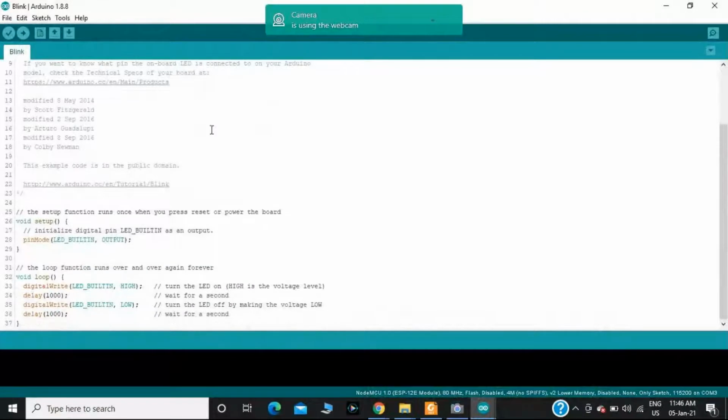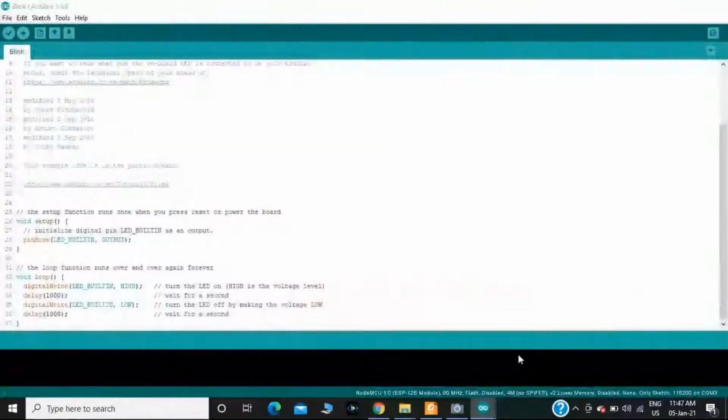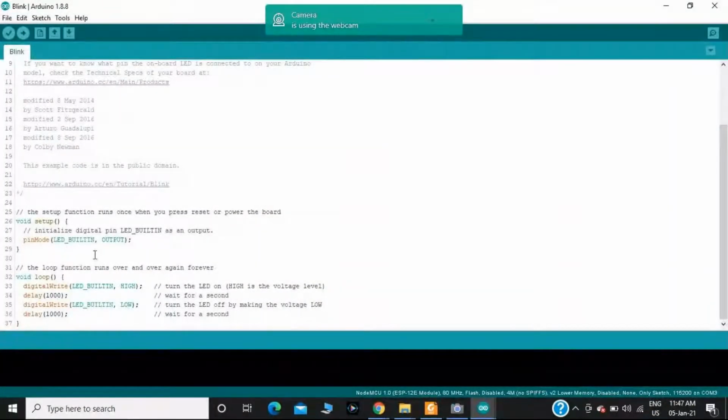Okay, when you are moving towards the program related to blink using the Node MCU, I'm going to turn on the LED for a certain duration. Okay, this is the embedded C program to turn on the LED using a Node MCU. In this case, you will have two functions, one is the void setup, another is the void loop. In the void setup, you should mention the initialization. Okay, which pins you are using, and whether each individual component acts like an output pin or an input pin.